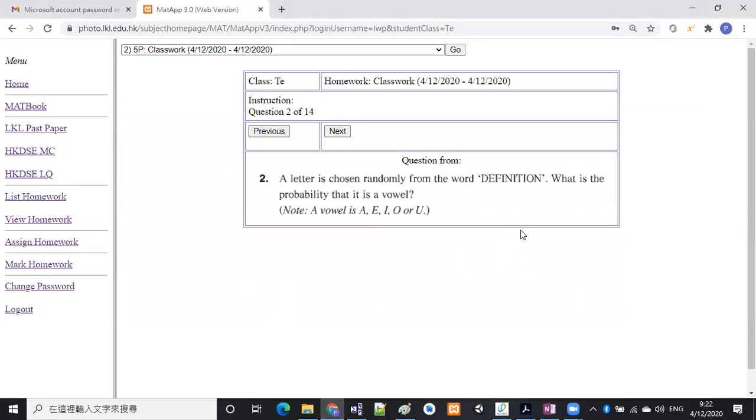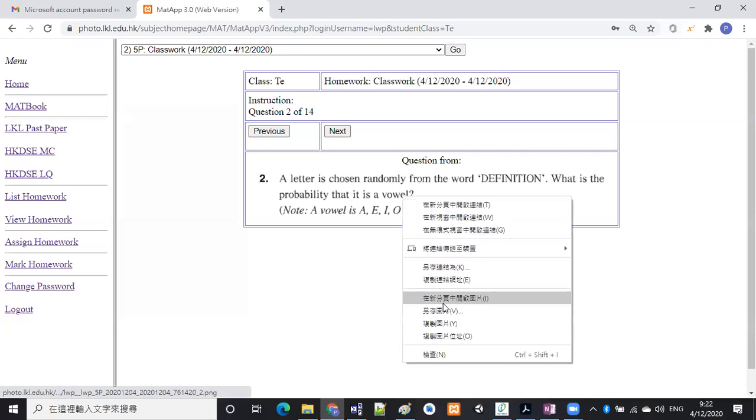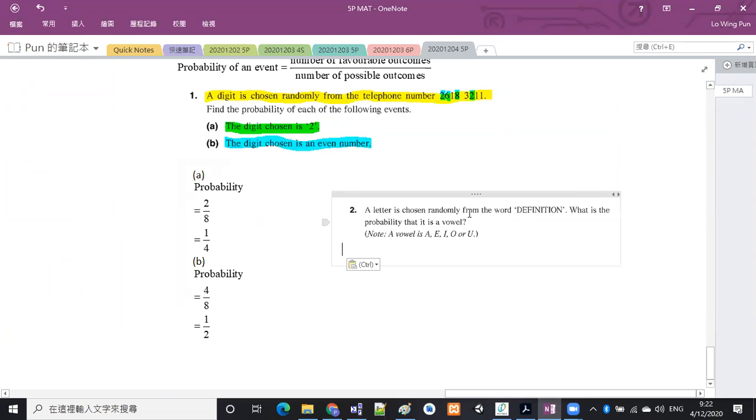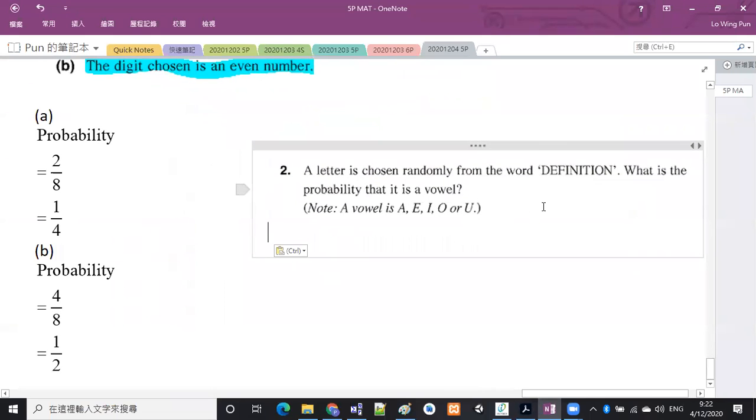好啦，睇下第2題喎。A letter is chosen randomly from the word definition. What is the probability that it is a vowel? Vowel 即係響音啊，佢都講咗啦，即係 A-E-I-O-U。